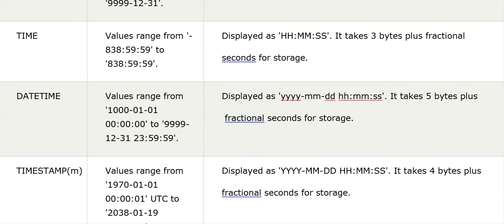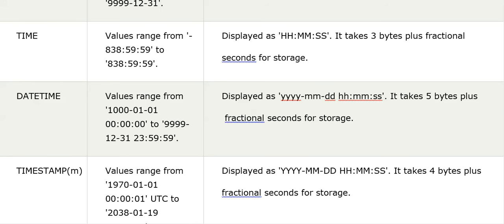It takes 4 bytes plus fractional seconds storage. These time values can be generated by the system, or can be system defined. If you want to store data based on timestamp, you can use this type.